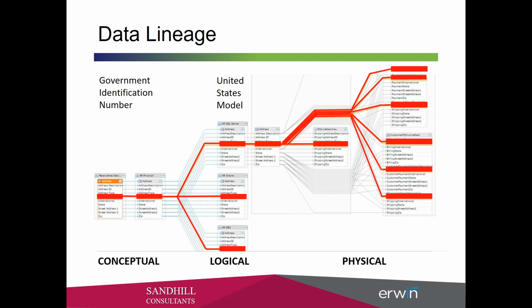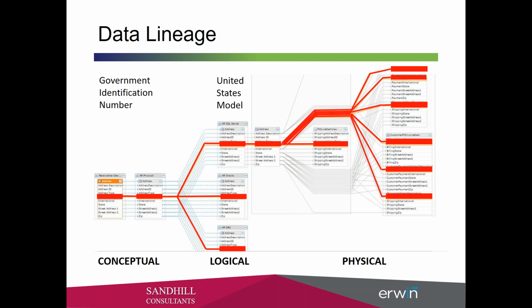Then with our selection of models, starting from the conceptual data model, logical and physical models, we can see now how that piece of information is distributed across our data assets. So once again, in the glossary or taxonomy, it's called a government identification number, but we now see we have several logical models that are dictated by geography, and the one of interest for us right now is the United States model, which we then see goes to the physical set of data structures and databases where this thing called the social security number